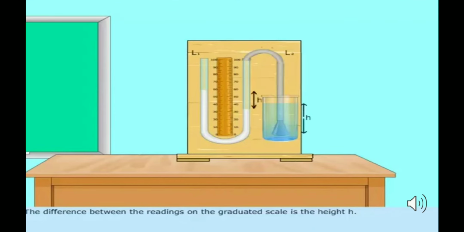Now, the difference in these two levels will give you the pressure in that fluid at height h. So whatever is the difference in the height of these two limbs will show you the pressure in that fluid. This is how the manometer works. Numerical questions can be framed on this, on how it works, so it is necessary for you to understand how a manometer works. So we move further.